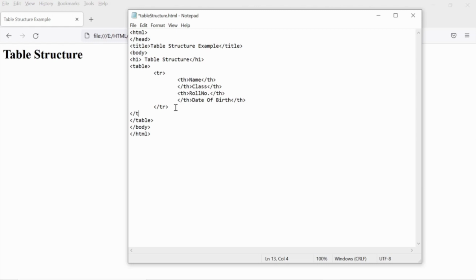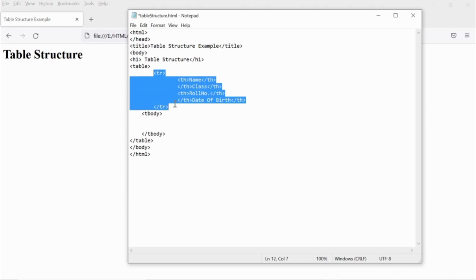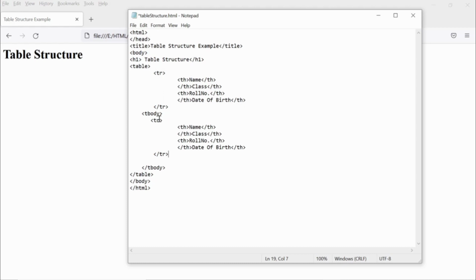Next I'm adding the T body, that's a table body. I'm opening the tag T body and closing it, and inside that I will use the TR with the actual data. So the data can come from the database or from any sources, or you can have your master data, predefined data, right? So you can simply copy from the top and replace it with TR TD. So let me correct the slashes also, right, from the top.